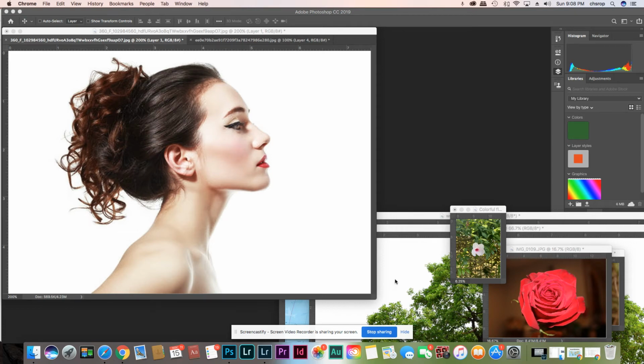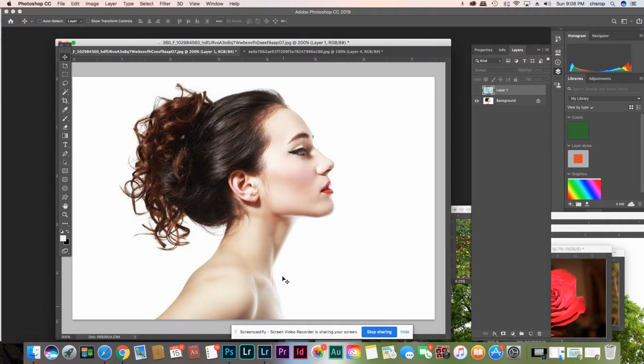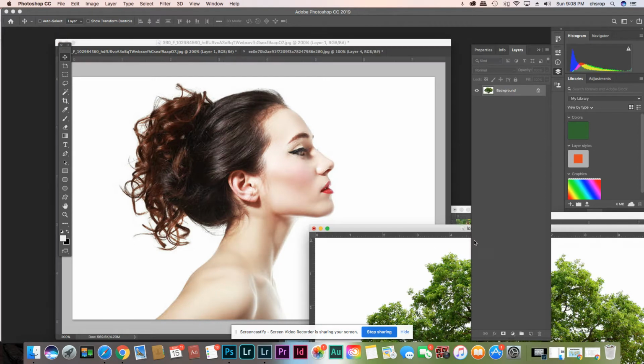Hi, this is Krista King here, and I'm going to show you how you can do a double exposure with a profile picture, preferably on a white background, and maybe wear a white shirt or white tank top. So we're going to look at how you can pull in, let's say, a tree,